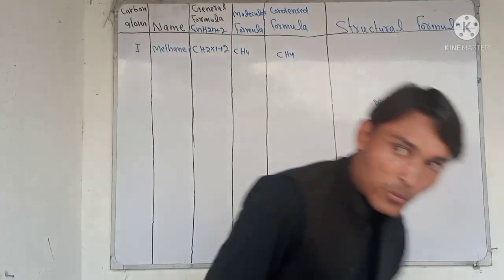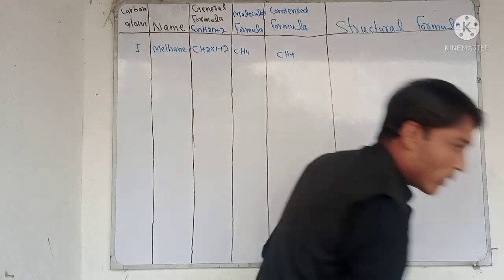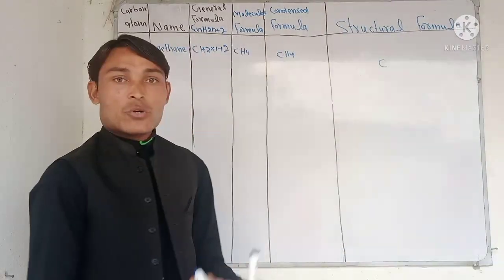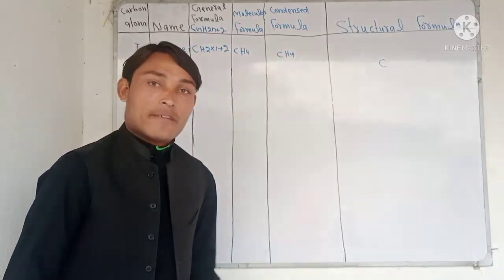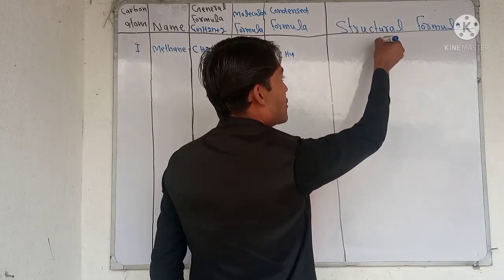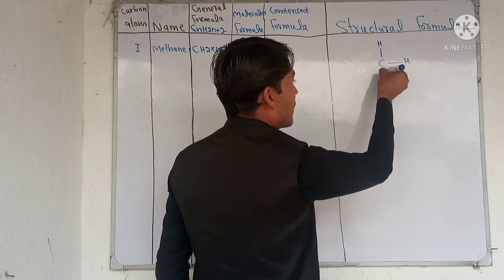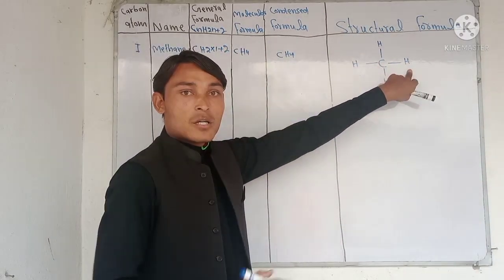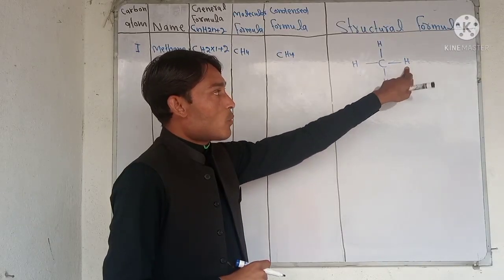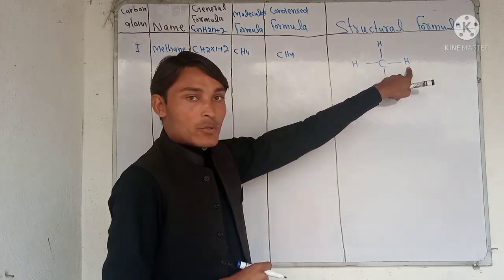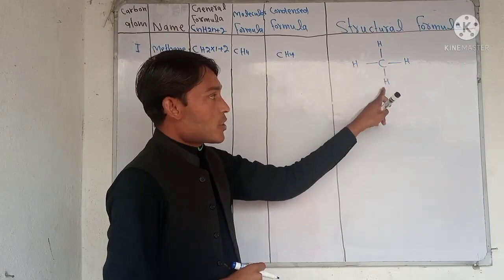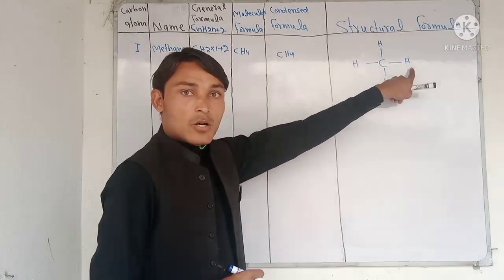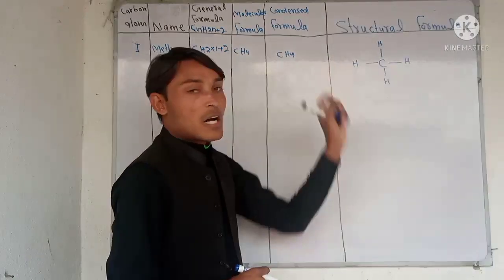Now if we talk about the structural formula, as we know alkane has single covalent bonds. We write carbon, and as we know carbon has 4 valence electrons, so we call it tetravalent. It attaches one hydrogen on one side, another hydrogen on another side, and also hydrogen on the other sides. As we know, hydrogen needs 1 electron, and carbon shares 1 electron with each hydrogen and makes a single covalent bond. So the hydrogen duplet is completed, and the carbon octet is also completed.